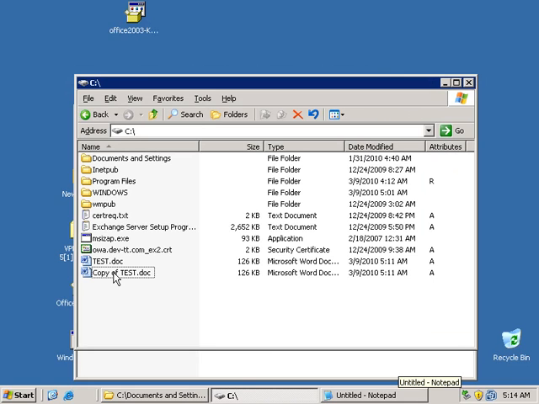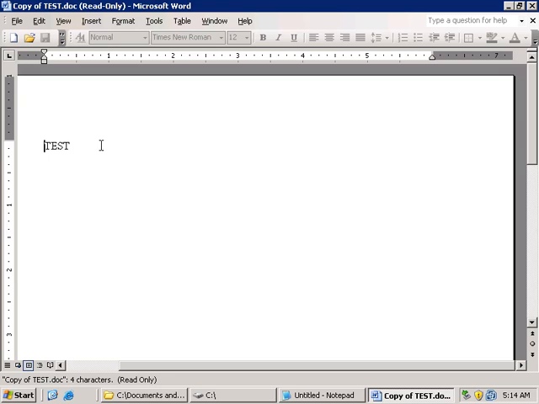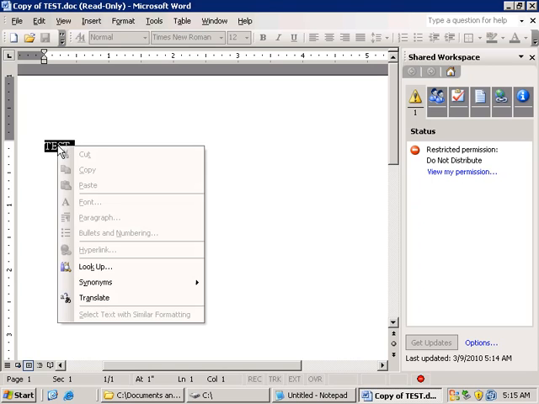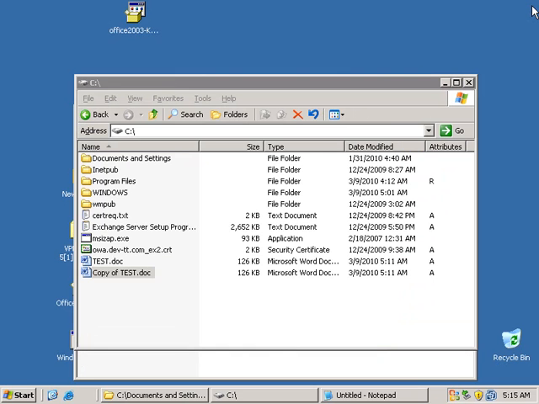Even if I were to make a copy of that document, I still cannot. The permissions are persistent. I still cannot do anything with the document other than view it. Now,